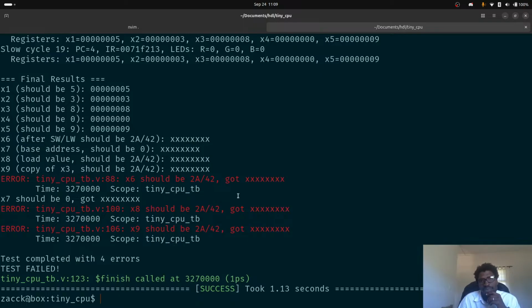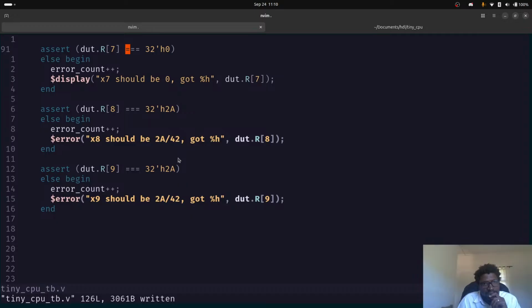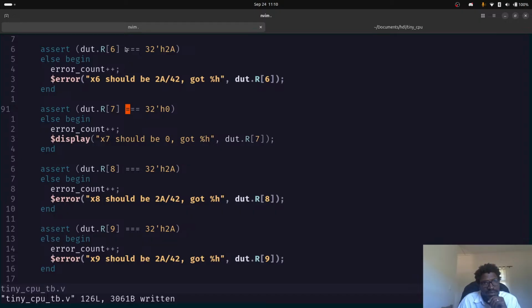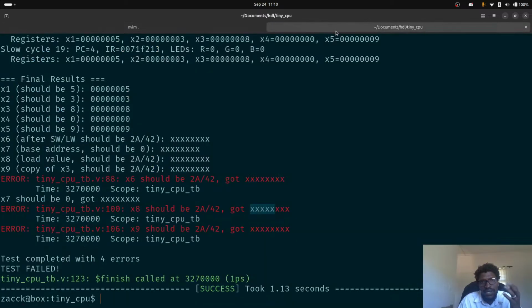Amazing. So we have a problem. This XXX is not a good thing. This means it's not set up. It shouldn't be that. And how come we only get 3 assertions, not 4? Something is wrong as well. 9, yeah. 6, 7. Else begin. We get 3 fails, 4 errors, but